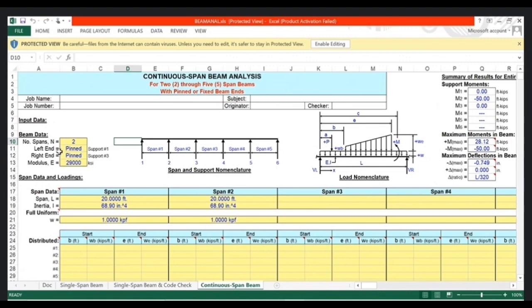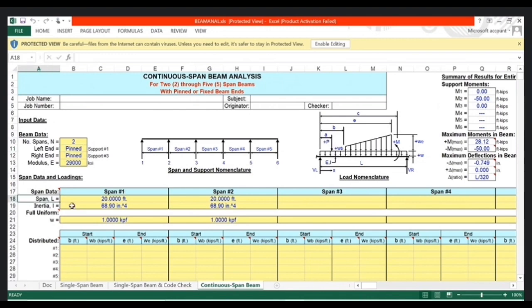The intermediate is the hinge support, so we don't need to put the hinge support here. So we put supports over the end supports, like the left end and the right end. In this Excel sheet there are two supports: the first one is the pinned and the second one is the fixed support. So left and right we can put our support as per our analysis.